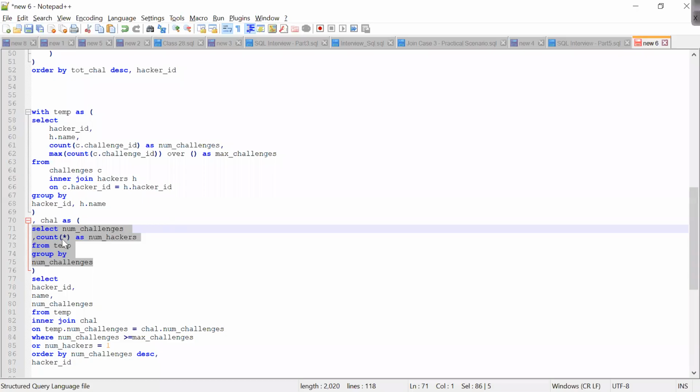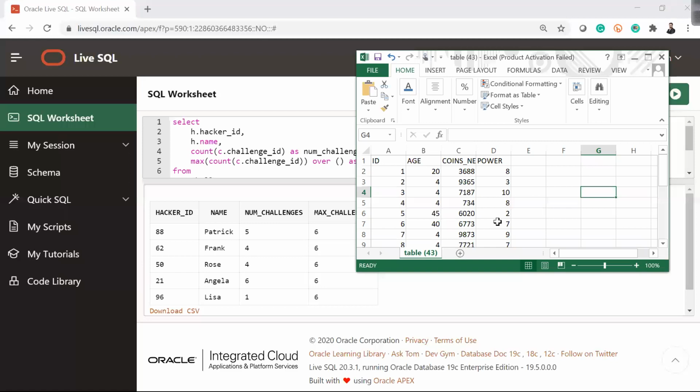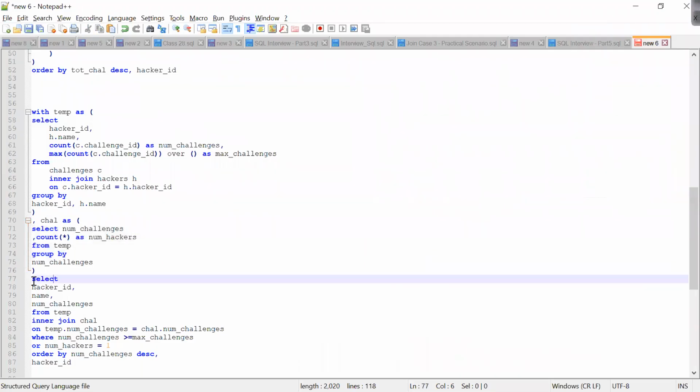So I'm only selecting num challenge from here. So num challenge is 5 and the count is 1, 4, the count is 2, 6, the count is 1, 1, the count is 1. Right, this will be the output from my second query, which is this one.